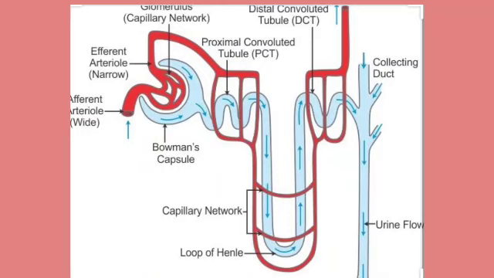In the DCT, that is the distal convoluted tubule, also the reabsorption of some of the useful materials and water takes place, and the waste part is just moved towards the collecting duct, and from the collecting duct the urine is formed. Okay, and that is carried out to the medulla, then to the renal calyx, and from there it is given to the ureters. Then from the ureter it is taken and stored in the urinary bladder.